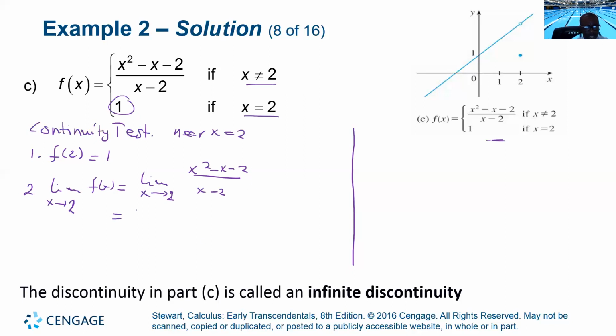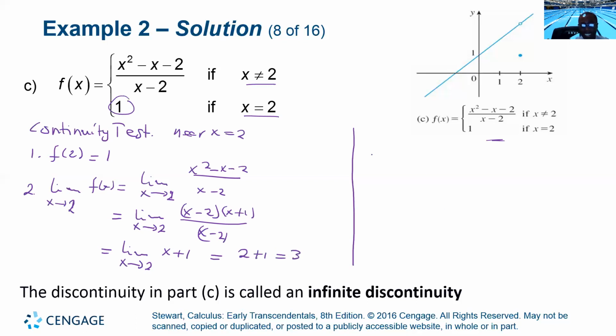When you simplify, you have the limit as x goes toward 2 of (x minus 2)(x plus 1) divided by (x minus 2). So this is equal to the limit as x goes to 2 of x plus 1. That gives me 2 plus 1, that is 3. Now, the third test is that these must be equal, that the limit